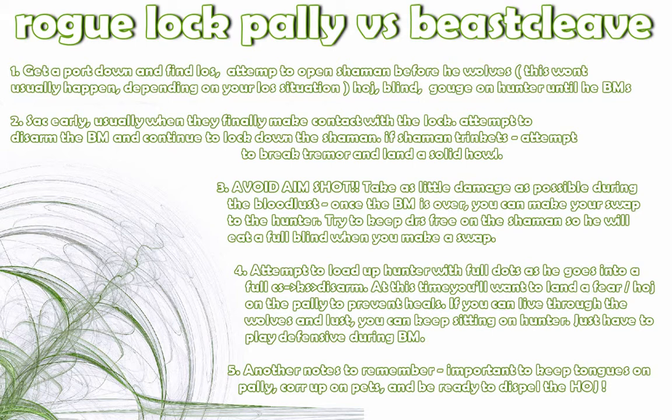Try to keep your DRs free on the shaman, so try to avoid fearing him after the Bloodlust, so he's going to eat a full blind when you make your swap. Attempt to load up the hunter with full dots as he goes into a full cheap shot, kidney shot, disarm. At this time, you're going to want to land a Fear or Hodge, some kind of CC on the paladin to prevent